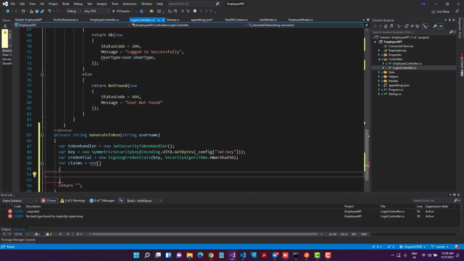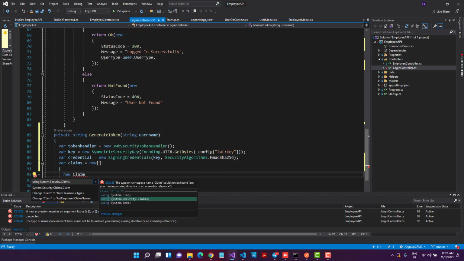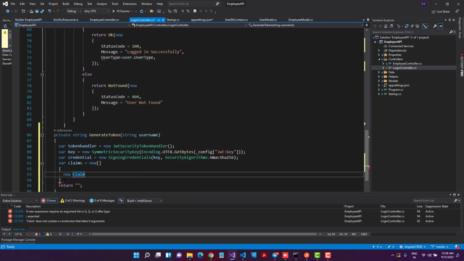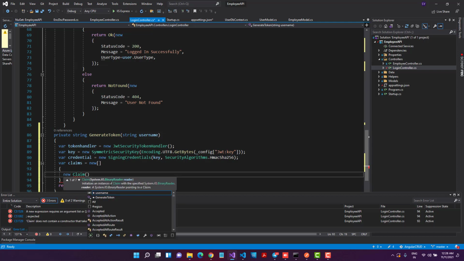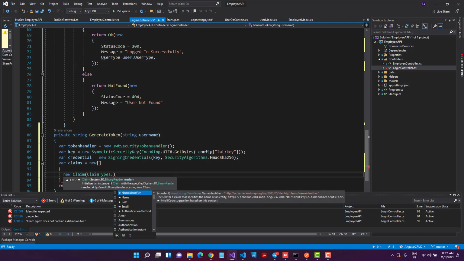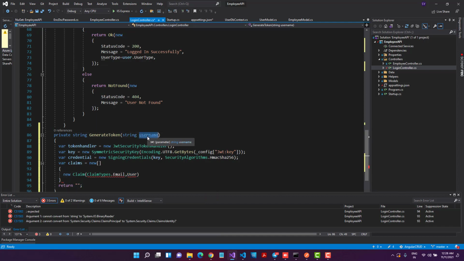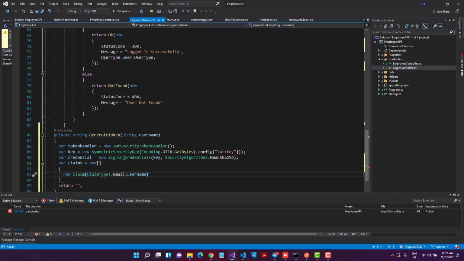So first I'll create new Claim. Let me import this. Okay, so this is imported, and now let me add the claim type. So let me add the first claim type as, I can see I can get ClaimTypes dot, I want to give it as an email. Okay, the first thing I want to give it as an email. What I'll do is I'll just pass the username. So you can see I have this username, I'll just pass it here. So this claim will be generated now.